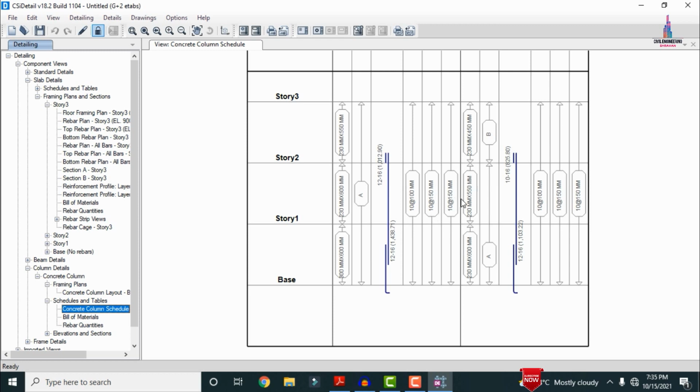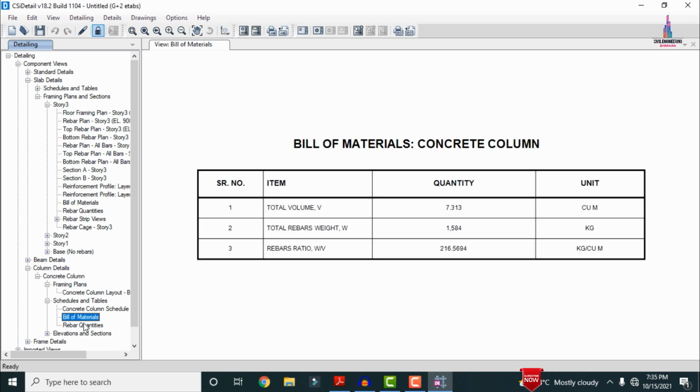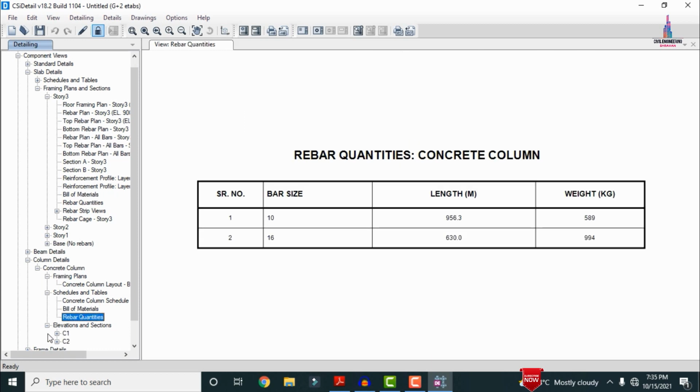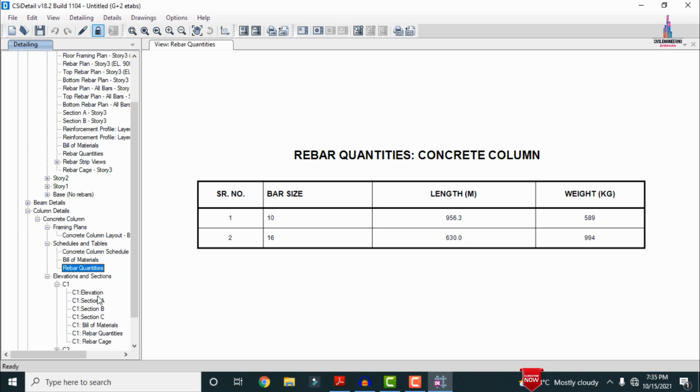So depending upon your column consideration, the values will be varying here. Again, it will be consisting of 12 bars of 60 mm diameter, which is the story base 1 2 here like this. Okay, so select your build materials type, rebar quantities. Again, in the same process you can see the elevation section for the respective member.